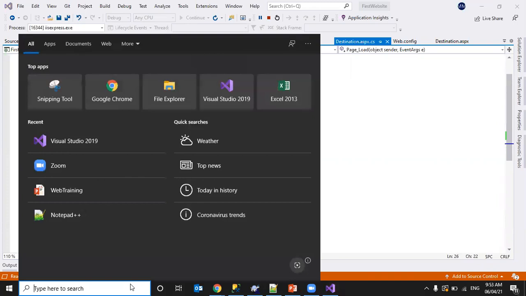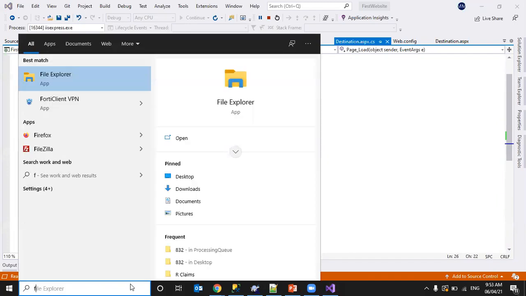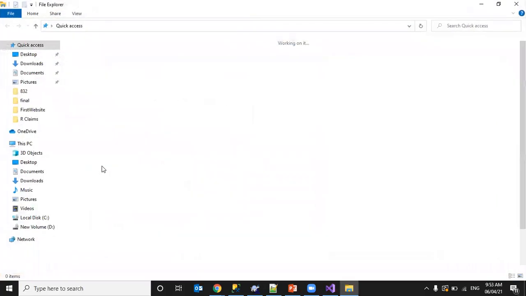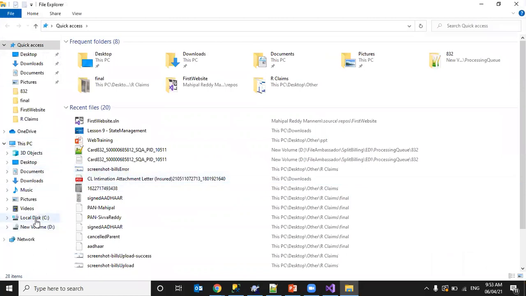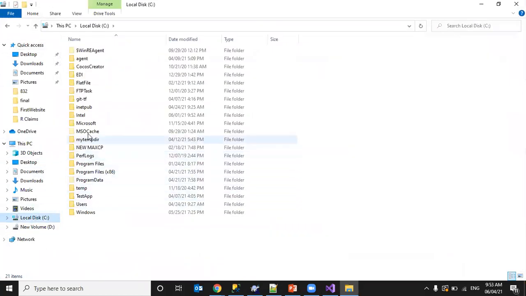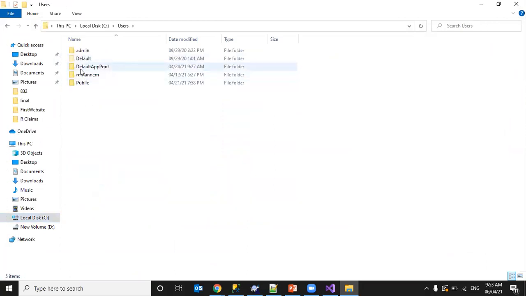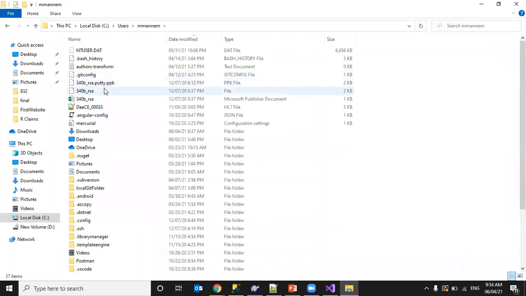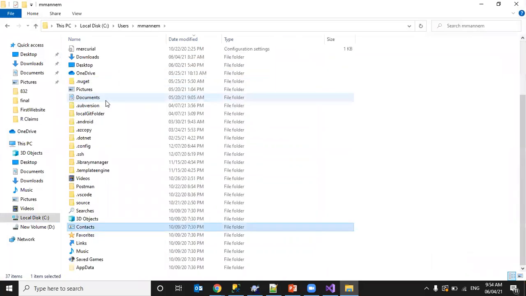Let's see where this gets stored. I think they will be stored somewhere in this folder, I never checked, but let me check.